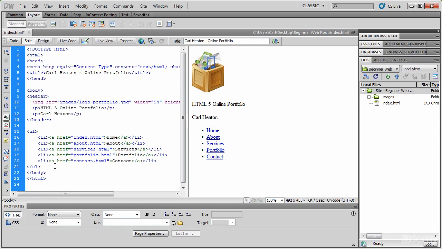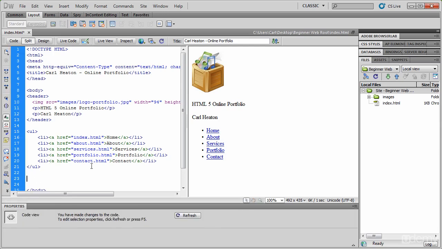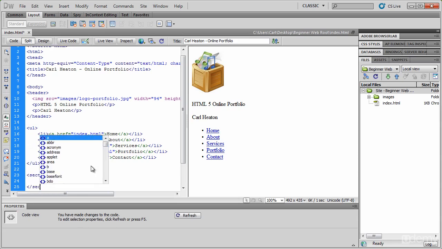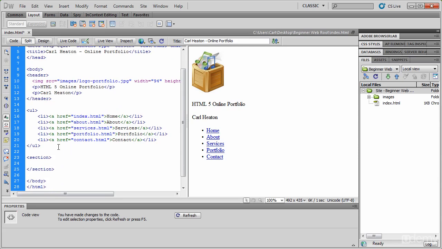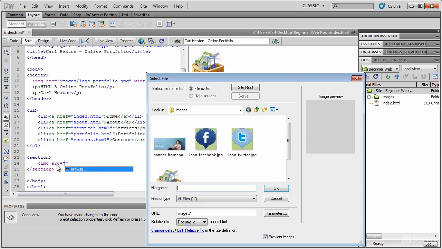So next on our list then is going to be our section. So this time is going to be a section, and then we'll end it there, section. There we go. So this is going to be our main content area. So inside here I'm just going to tab over, and the first thing we want to do then is image. Image source, enter, select your banner, click OK,